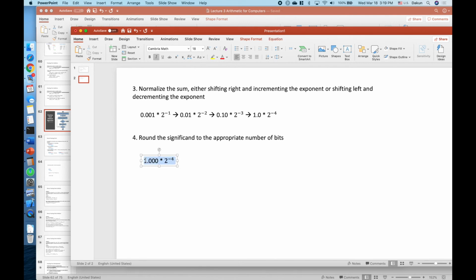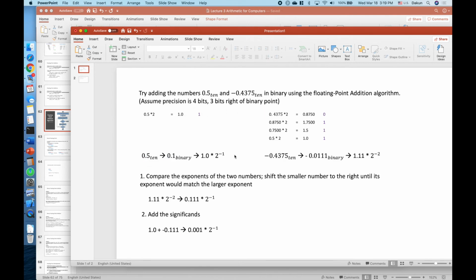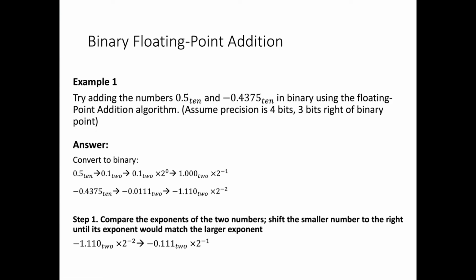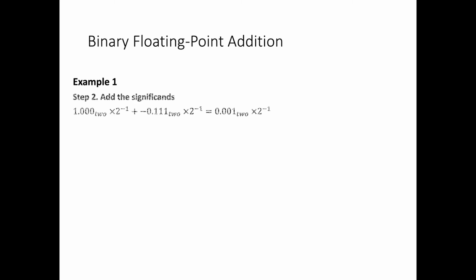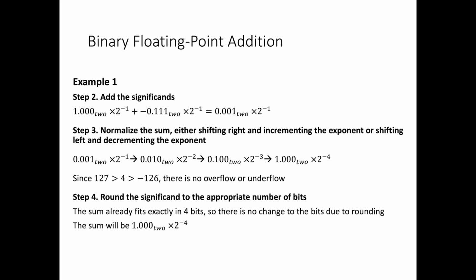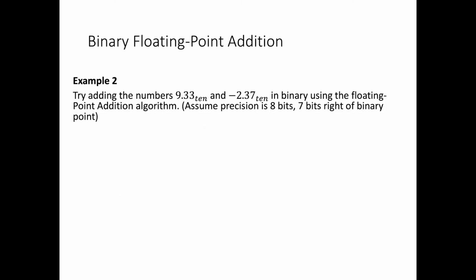That will be the final result of this example. I also post the steps in the slides, and you can also check that. And here is another example. Let's try to add those 2 decimal numbers in binary using the floating point addition algorithm, and assume that